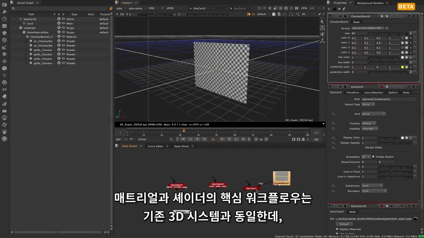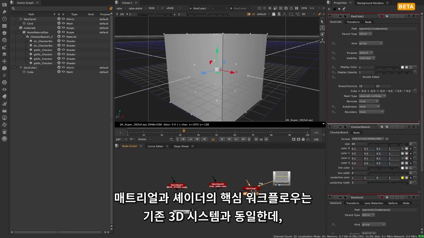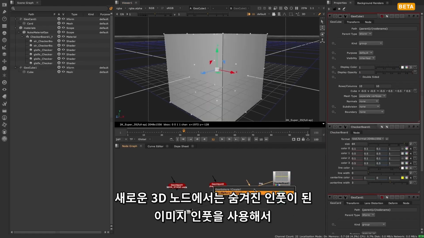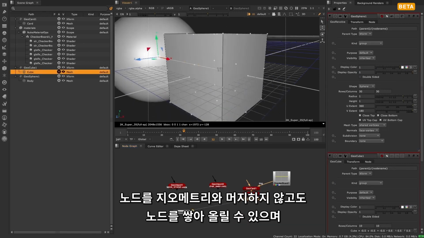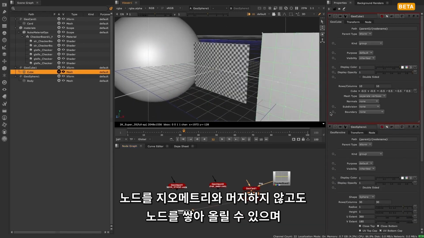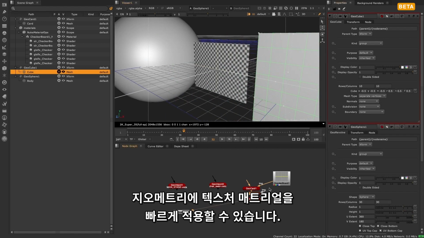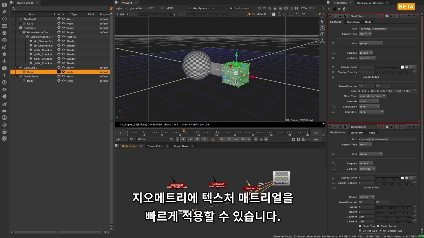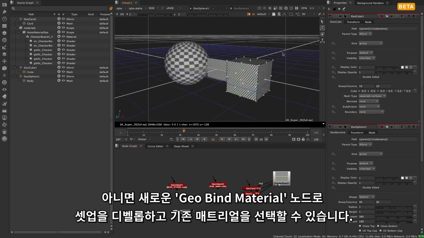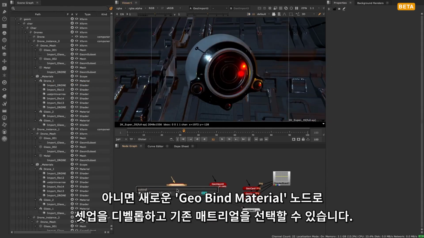Core workflows with materials and shaders has remained consistent with the classic 3D system. You can use the image input, which is now a hidden input to the right of the new 3D nodes, to allow for node stacking without the need of a node to merge the geometry, and this allows you to quickly apply a texture or material to your geometry. Or you can use the new GeoBind material node to create more advanced setups and utilize materials that already exist